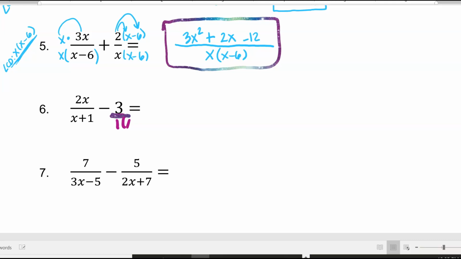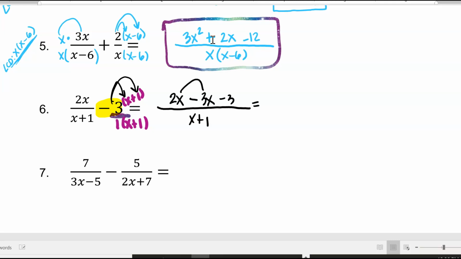So we're going to multiply this side over here by x plus 1. So x plus 1 is our LCD. We have 2x in the numerator, but be careful here. Again, this is subtraction, which means you're always going to distribute, if you have more than one term, to the right of that minus sign. So be aware that you're going to have to distribute negative 3 times x first, and then negative 3 times 1. So what we have when we put our like terms together is negative x minus 3 over